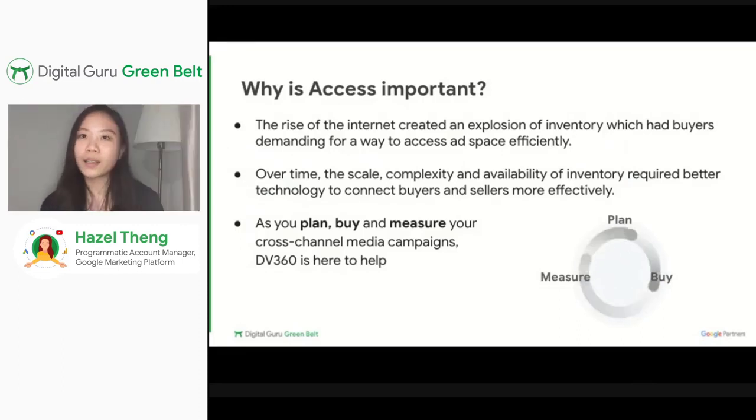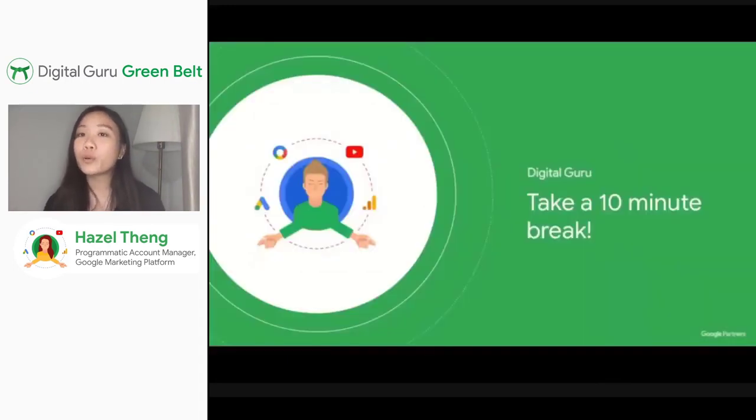Last but not least, we've also seen how DV360 has measurement tools in place that will allow you to not just measure cumulative unique user reach across different inventory types as well as channels, but also allow you to see how much savings have been generated due to impressions that have been passed with programmatic guaranteed deals frequency management.